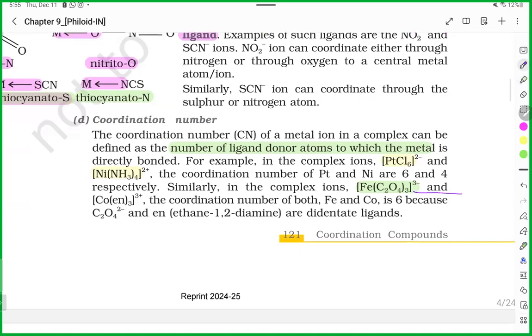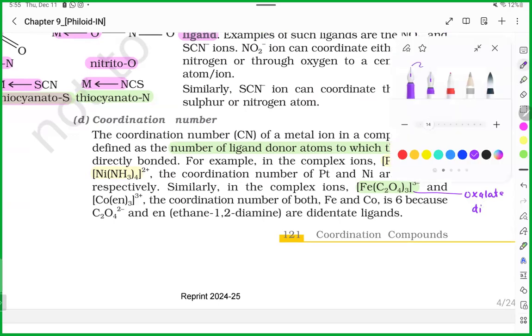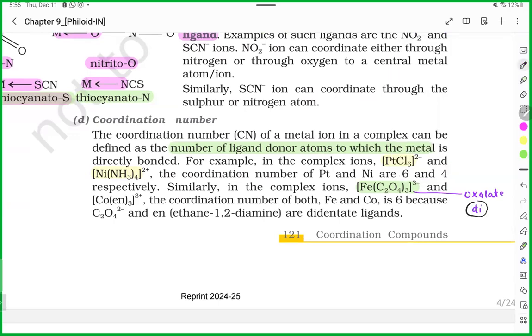This is oxalate, and oxalate is didentate, so it has two donor sites. One oxalate will donate two atoms. So three oxalates will donate six. Understood? Three twos are six. Three oxalates will donate a total of six. So the coordination number will be